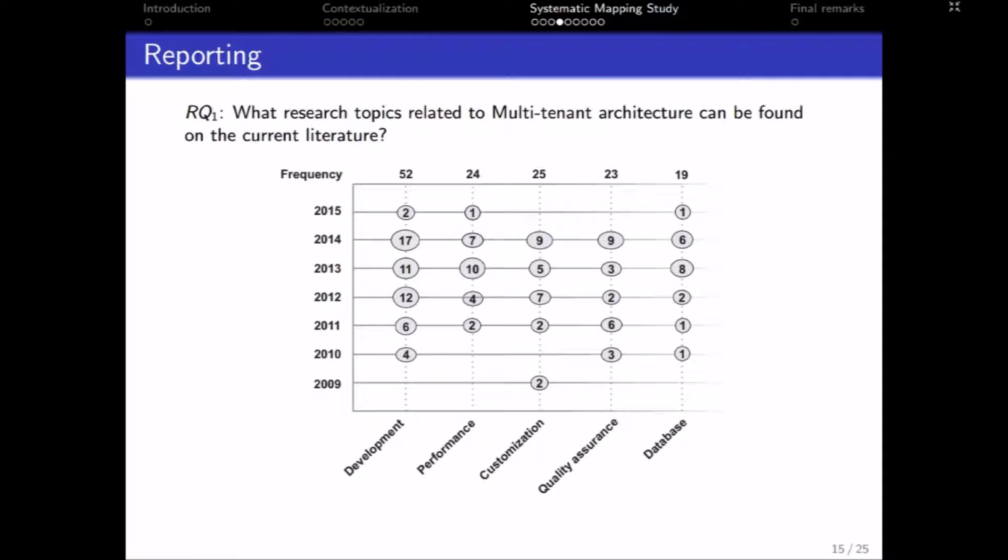In order to clarify the focus of the selected studies in quantitative terms, we have defined some categories according to the paper domain to answer the first research question. This figure shows a mapping containing the number of primary studies distributed according to publication year and category, where one paper can be classified in more than one category. Security, testing activity, and experiments may be considered important issues to quality assurance, and therefore these issues are in the quality assurance category.